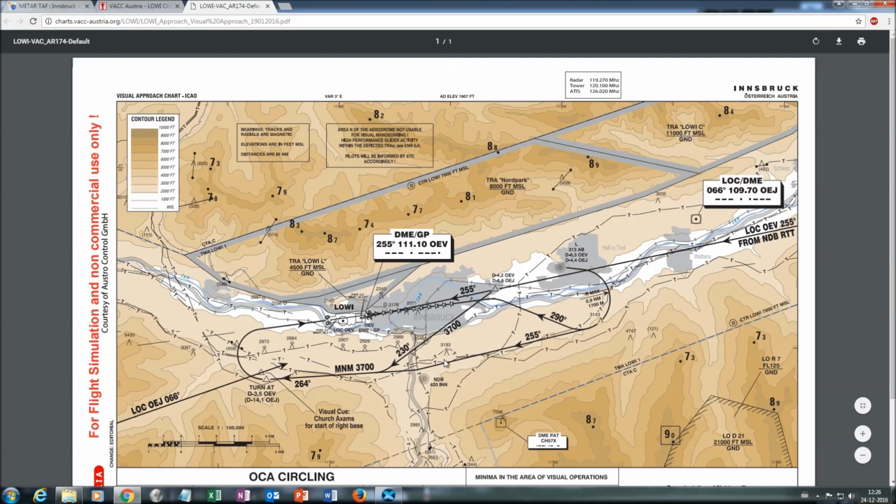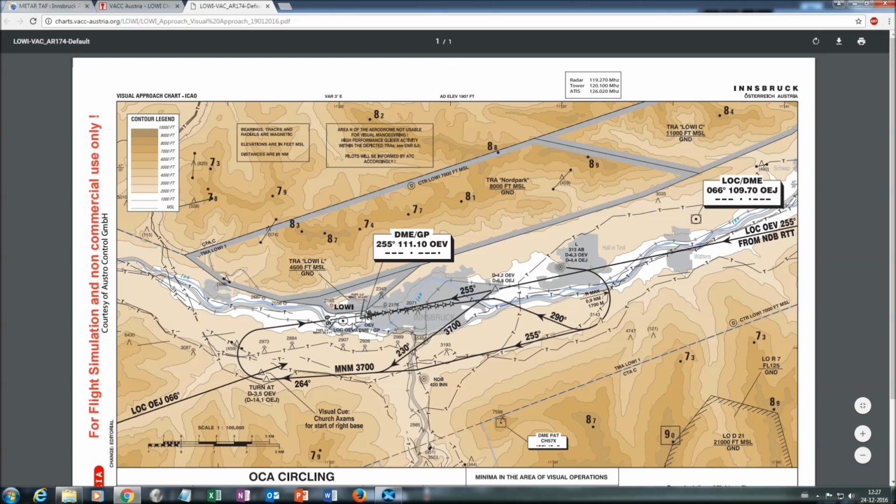What we're going to do is we fly to the Rettenberg NDB, or Romeo Tango Tango. That's just off the map to the right. We then fly along the localizer at course 255 towards Oscar Echo Victor. And at this point we make a left turn heading 230 until we visually can see that we are close to the mountain range here. Make then the right turn heading 264, and at this point we make the right hand turn to final runway